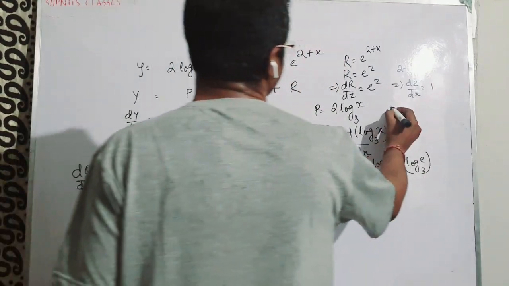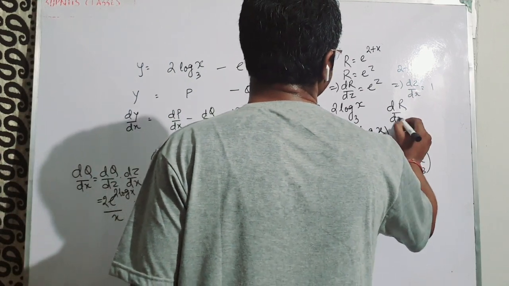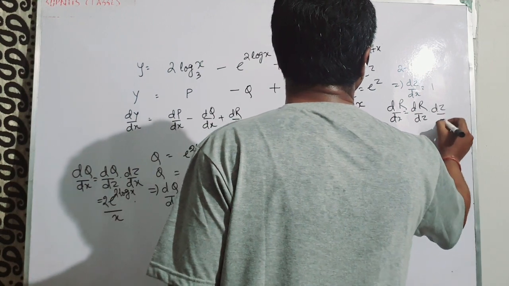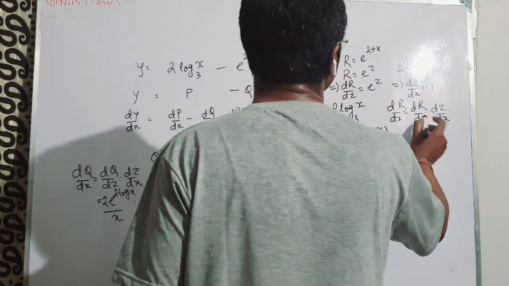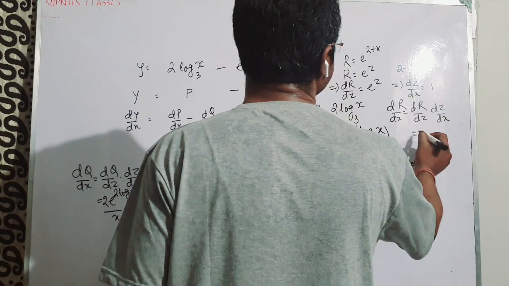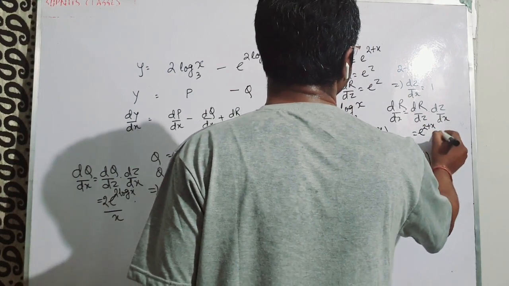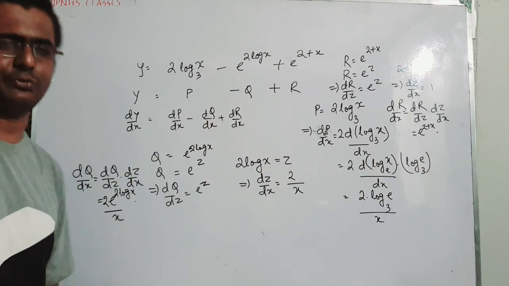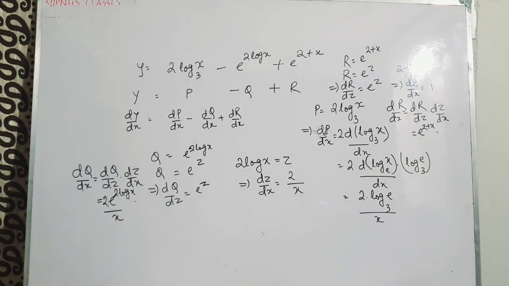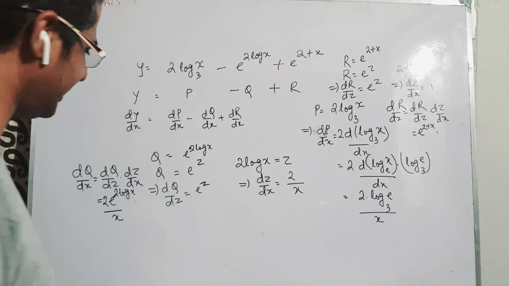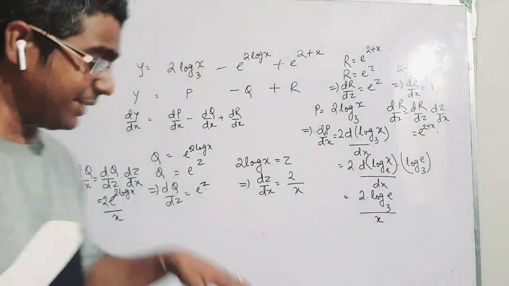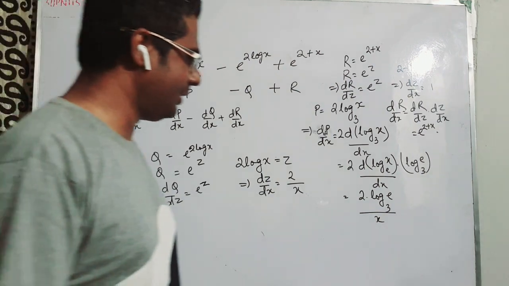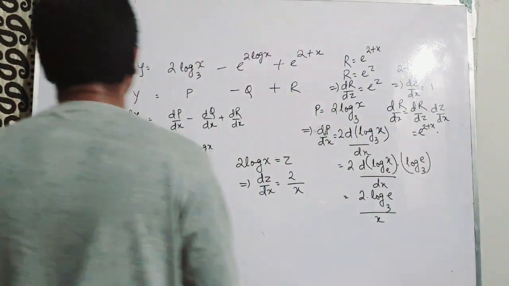ठीक है? And you have to find out dr/dx. dr/dx is nothing but dr/dz into dz/dx. ठीक है guys? So in this case dr/dz is e to the power z, so you can write e to the power 2 plus x, and this is 1, so it doesn't matter. After this is done, you can just put it in this one. So understood? I hope. Interesting, very interesting, because when I started it, in fact now also I am feeling like doing all the problems from this book. ठीक है? But ठीक है यार, अभी फिजिक्स केमिस्ट्री के लिए जितना चाहिए उतना ही करेंगे.